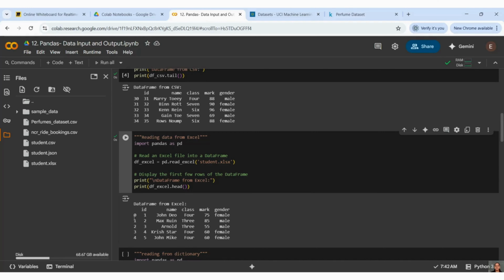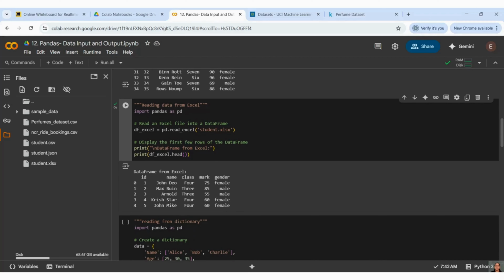If you want to change the index, I have shown you how: you pass the index parameter and give a name. But in the case of large data sets, it is a bit difficult to change the index because you cannot change just a few; you have to change the complete index. Would it look good if you had 1000 rows and changed the index of only 5 rows? No. My purpose in saying this is that the index is always numeric and always starts with 0.